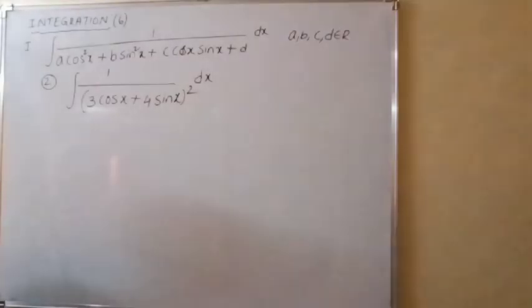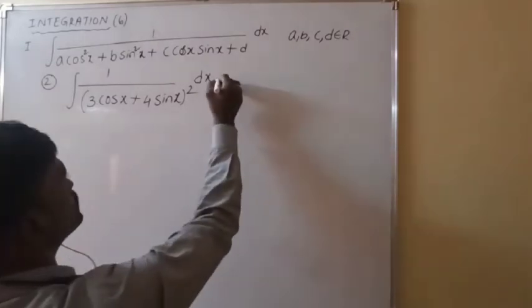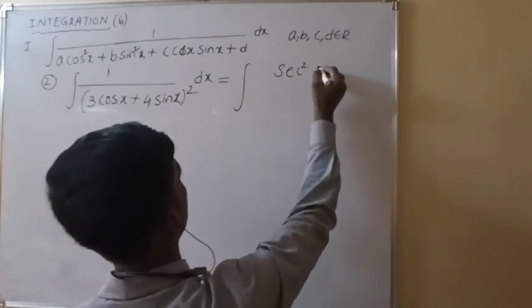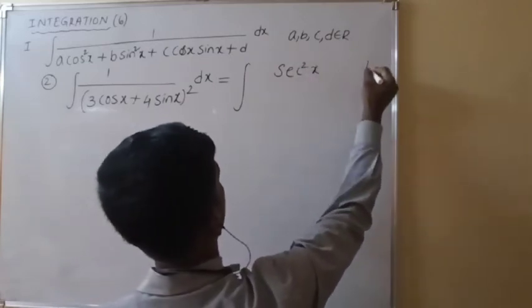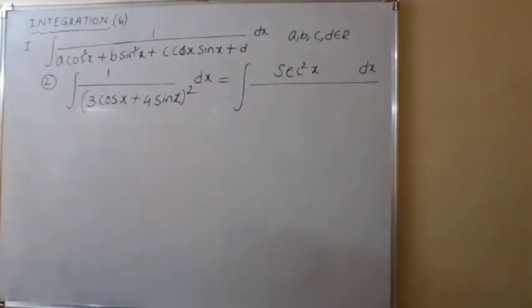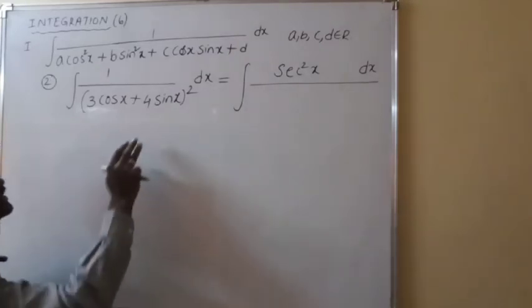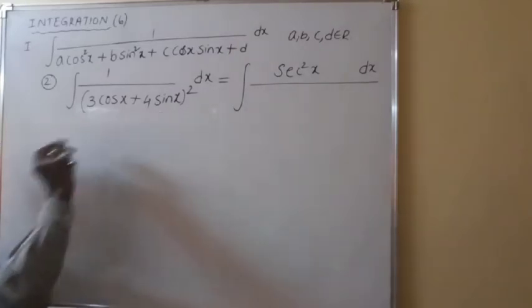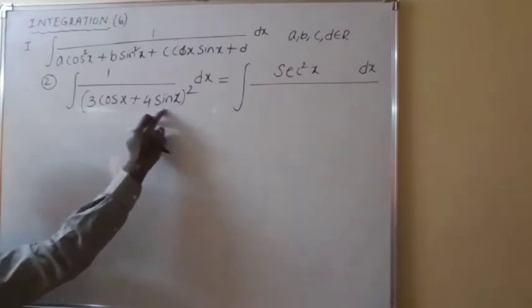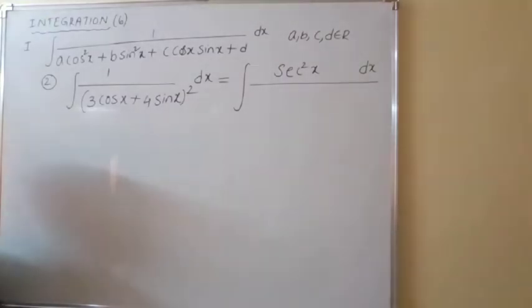So here, dividing with cos square x, both numerator and denominator. If you divide the numerator by cos square x, what will you get? Numerator secant square x. Here also dividing with cos square x. If that cos square x goes inside this bracket, that becomes cos x only, no? That means we have to divide whatever the part inside the bracket with cos x.